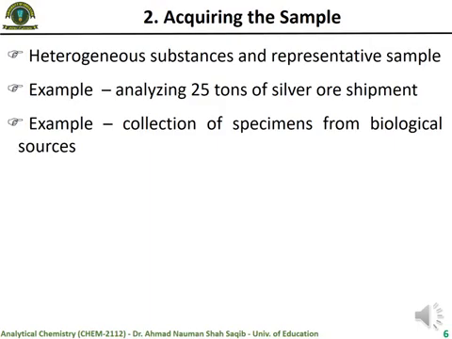For example, we want to determine the amount of oxygen and CO2 in the blood of a human patient. When we talk about collection of samples from biological sources, it's a really difficult task actually, because when we want to determine and analyze the amount of oxygen and carbon dioxide in blood, for example,